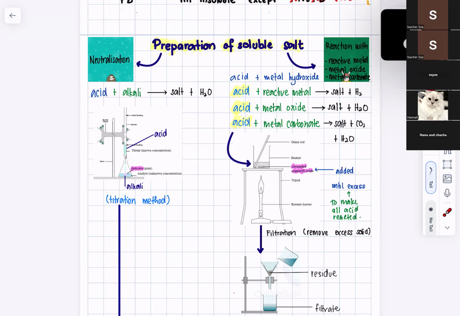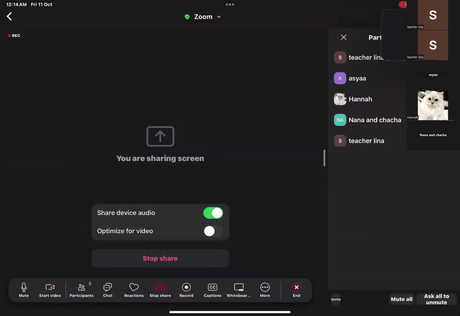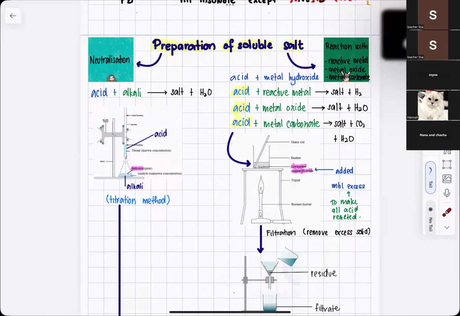Acid plus alkali gives the salt plus water; the name of this process is neutralization, and the method is the titration method. You need to know this because in your paper 4, they will ask you one like